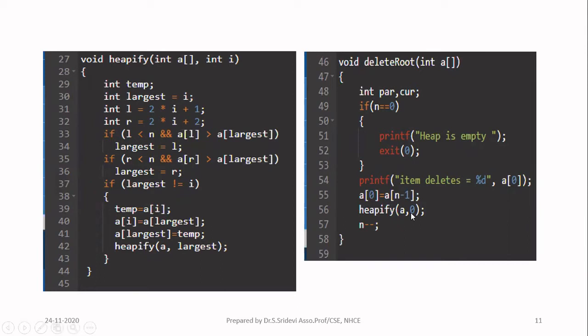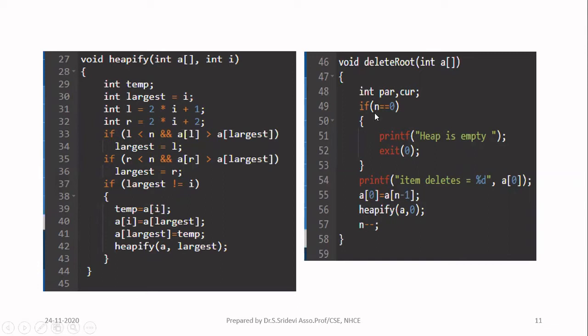When you start your process the first time, you need to consider the entire tree with respect to the root node, because now the root node may have some smaller value. You have to bring the maximum value to that position. So when you start your process, the first time the second argument will be 0. That is the root of that particular subtree. And this value 0 will change when you proceed with your algorithm. Now let us see how it will change later.